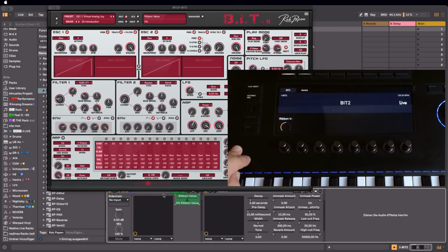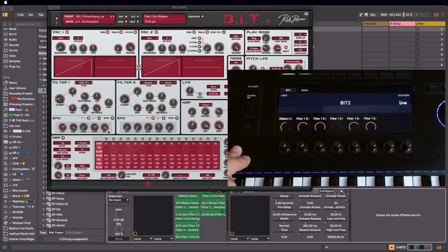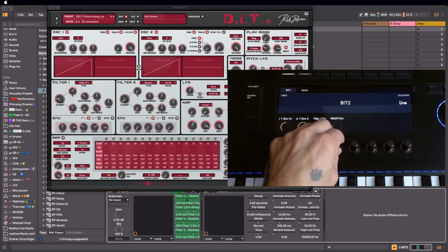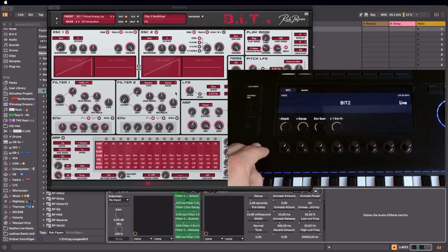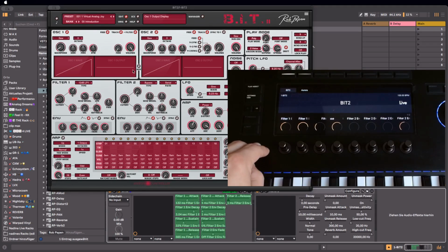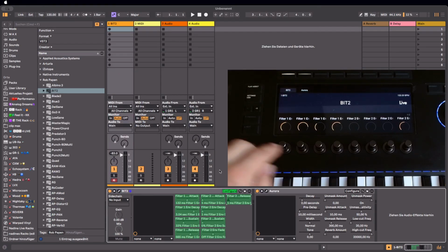What we just do is we click here, configure, it's already clicked. Then I have attack, decay, sustain, fade and release, and fade we don't need, so we can delete this here, and we can delete the ribbon, and now we have filter, decay, attack, decay, sustain and release. And then I want also these guys. Now we have a little problem: here it's cool, but you see filter 1,